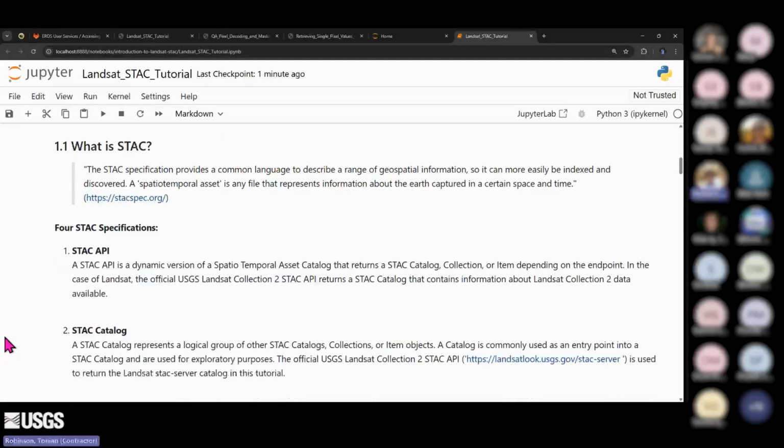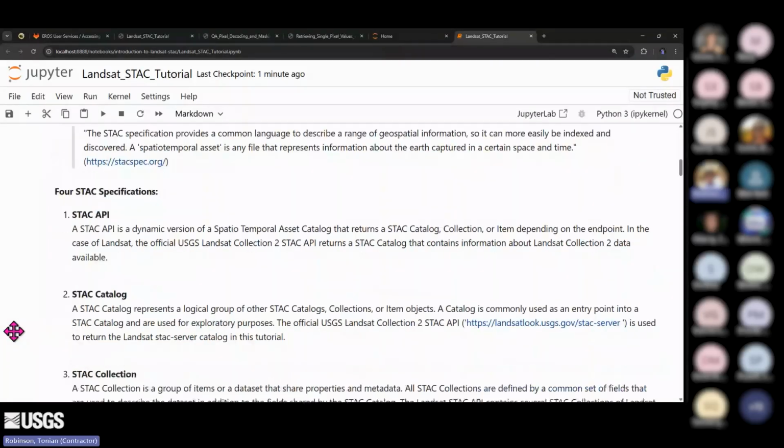Again, Landsat has a STAC API, which is just a link that you interact with when you're programming. The Landsat STAC catalog, and I wanted to emphasize this, I do use the term collections. Landsat STAC collections are groupings of Landsat data, while Landsat Collection 2 is really a processing of the entire Landsat archive, and we are currently at Landsat Collection 2 in terms of